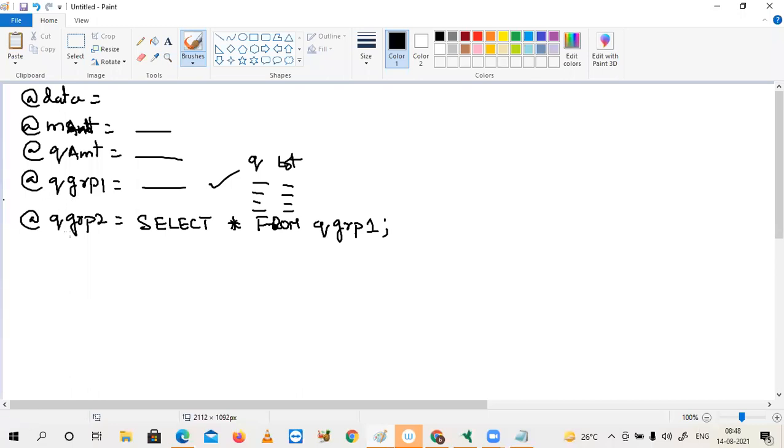Now, 2 sets are available here. This is having 4, this is having 4. Apply the cross join. Sir, we can achieve this through inner join also, right? Pardon? Inner join will not help you. Your P1 dot Q1 plus 1 equals to GRP2 dot, no. So for that, other alternative solutions we will discuss later. Come on, please try to say the answer to me, how to apply this cross join.